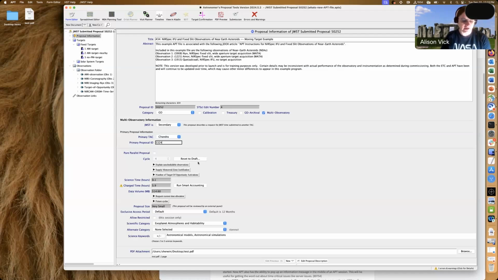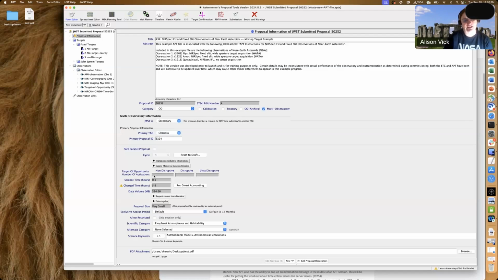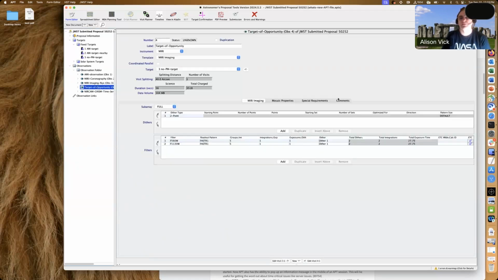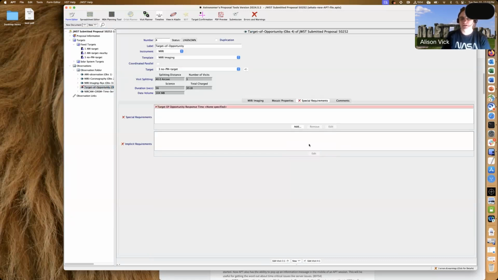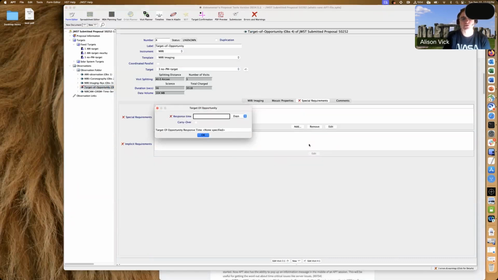The next change I want to talk about is for targets of opportunity. So you'll notice that there is a number of target of opportunity activations button here. If I expand that out, you'll see that all three of these boxes are grayed out, and that's because I haven't defined a target of opportunity observation yet. I have one here, but I have not added the special requirement target of opportunity. When you add that, it will ask you for a response time, and that response time will decide whether or not your proposal is ultra rapid,